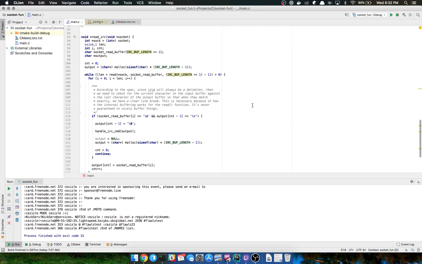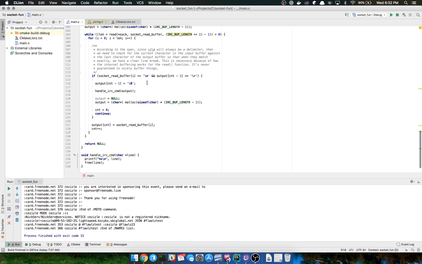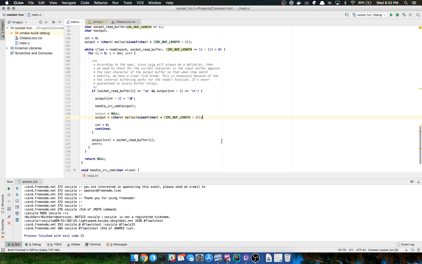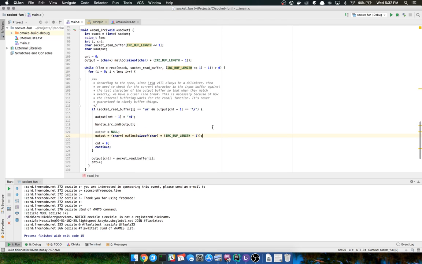So what ended up happening was that the way I was reading from the buffer was kind of incorrect, and that's the reason why I couldn't get the sort of output that I was looking for with my IRC bot. The specific problem is that the read function from C is a blocking call. I guess there's ways to make it non-blocking, but I'm not going to go into that tonight or ever probably. For right now, it's a blocking read.